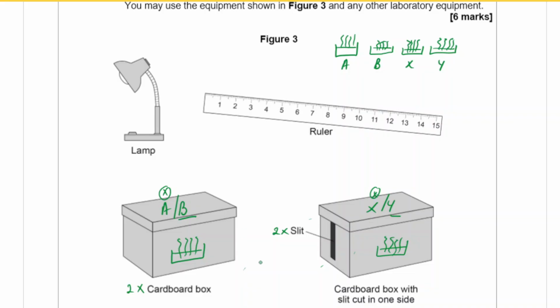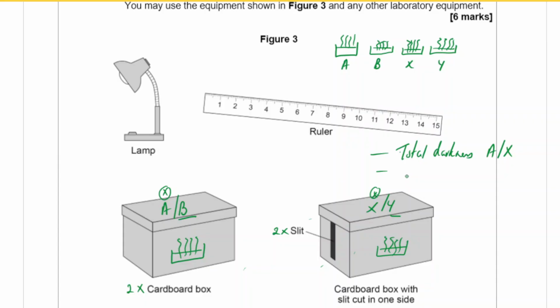You'd place the lamp so that both boxes are receiving enough light. Obviously the one which is covered is not going to receive any light. The idea is to find out if you place it, even with the slit or without the slit, in total darkness, right? So you need one where you have total darkness, and you would place the box A and X there,